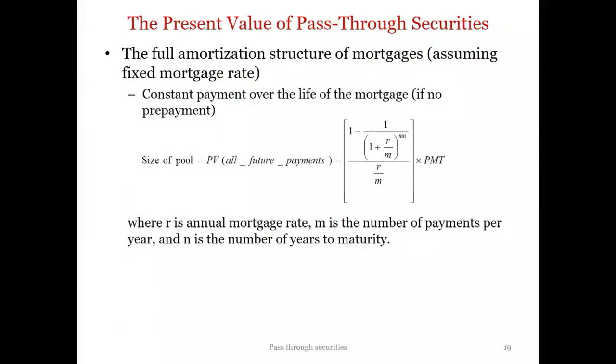So this is something I've mentioned earlier. Mortgage or home loans are amortized loans. Which means, given the size of the loan, you need to use the present value annuity formula to calculate the constant monthly payment the household needs to pay. On the other hand, the investors receive this every month, right? And another thing you need to be aware of is that this constant monthly payment includes part of the interest and part of the principal.